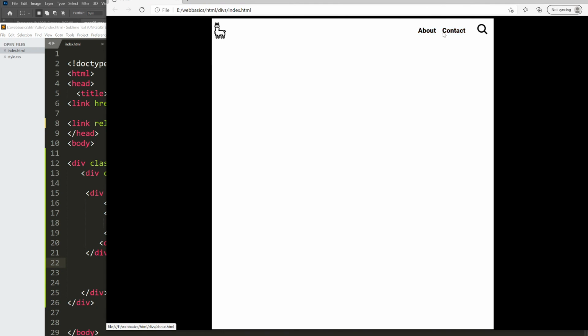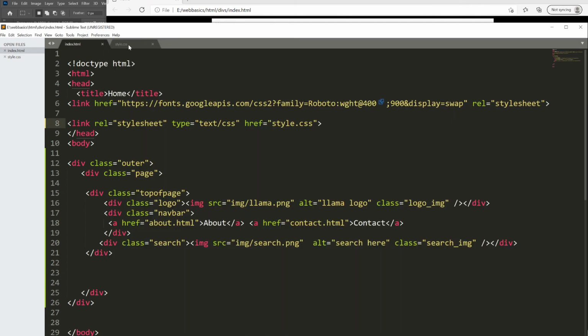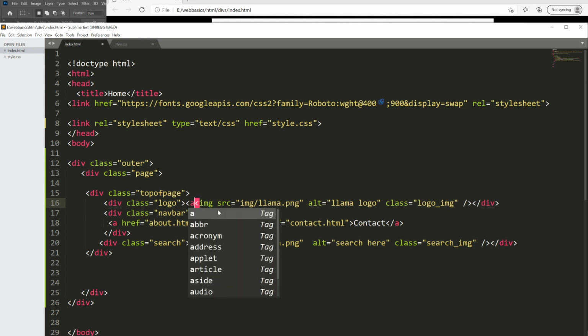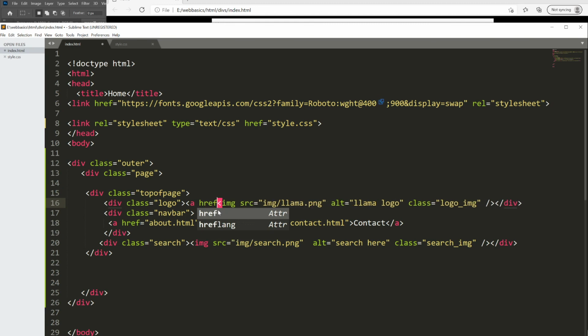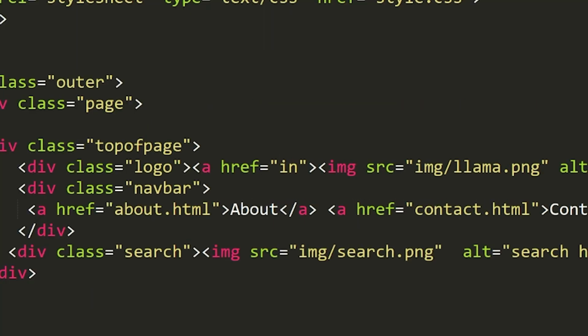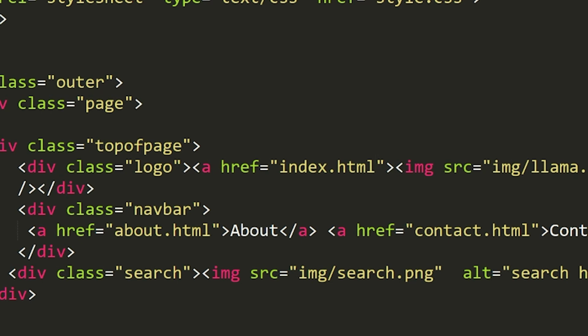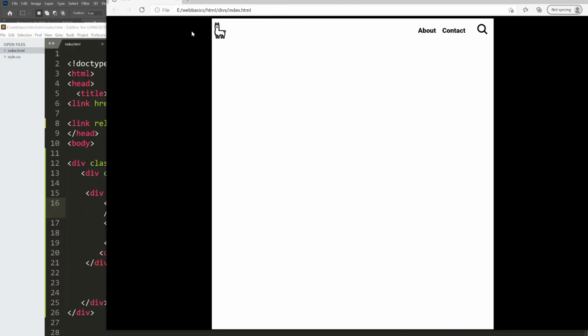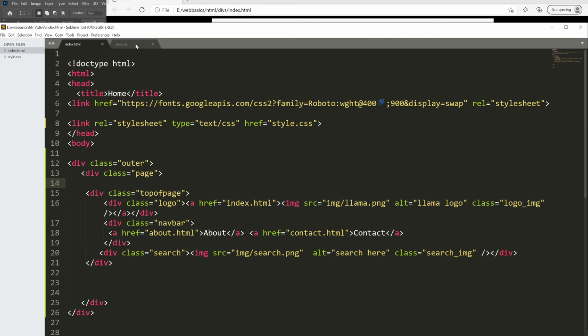Now that there's navigation as words, I'm going to make this clickable and this clickable as well. It's no big deal. The only thing we're going to have to do differently is add a border of 0 in here. So around the image tag will be an anchor tag. Anchor tag href is equal to start tag for llama. You click on it and you go back to the home page, which is index.html. And at the very end of the image tag is a slash anchor tag. Saving it, reviewing it, and on some browsers you might see a border appear. And to get rid of that,